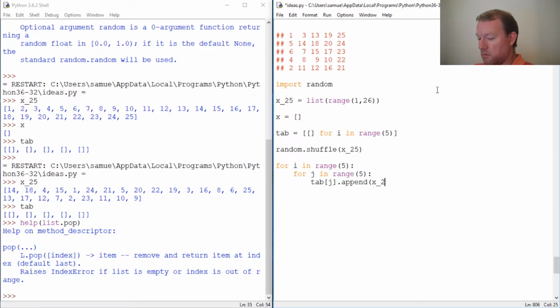Alright, so dot pop, and then close this out. So okay, we're going to do this 5 times, then we're going to go through our lists 5 times. So 1, 2, 3, 4, 5. Drop this in there and then repeat 5 more times. So we're going to split our shuffled list right here